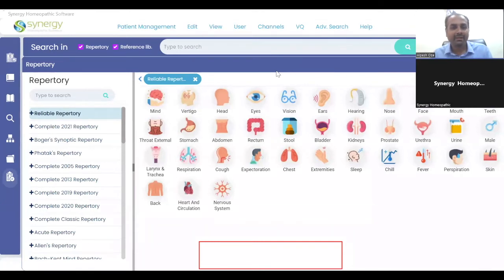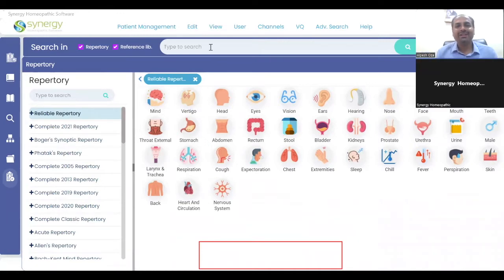How to compare remedies side by side? Yes, Dr. Vishaka, we will have that in our Materia Medica. I'll show you very soon. I have made a note of this point also. And before I go further, I see one of the burning questions that many of our users ask,